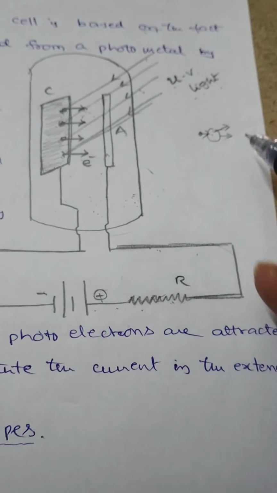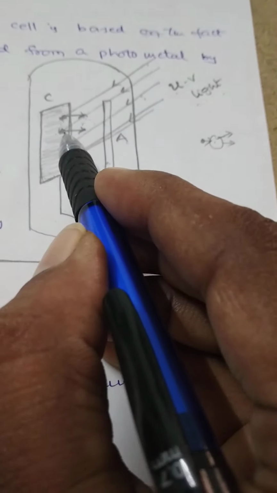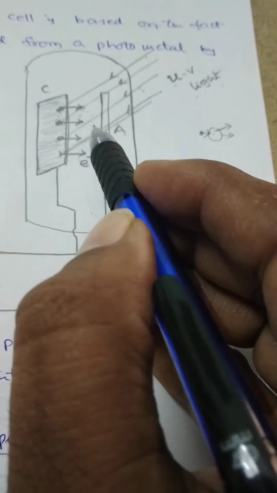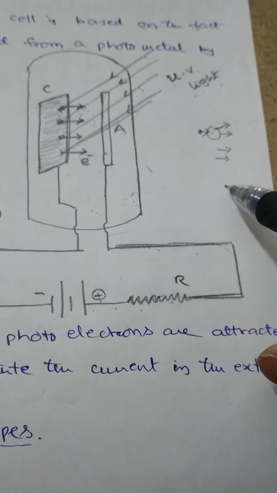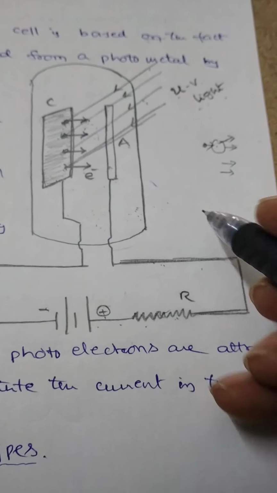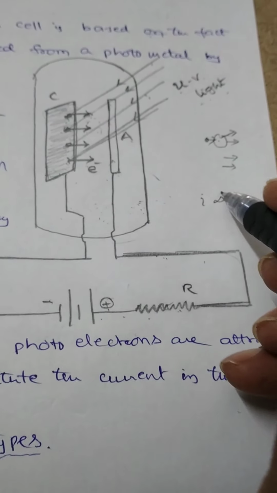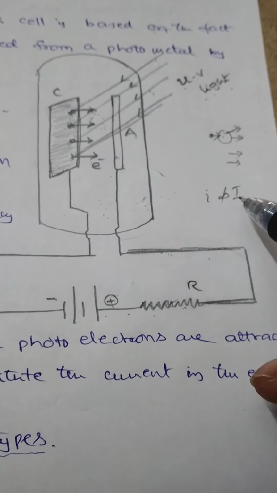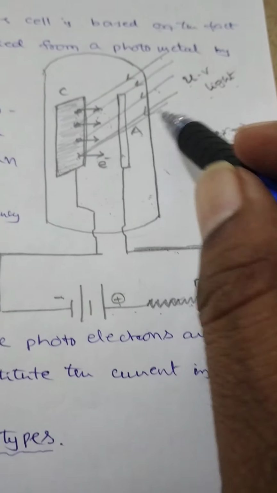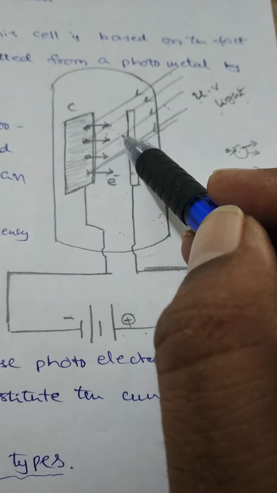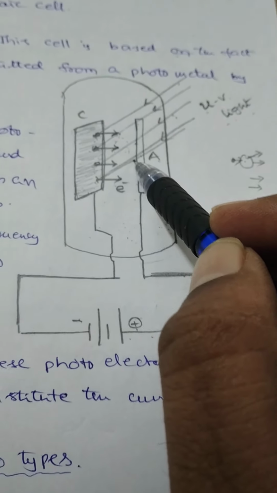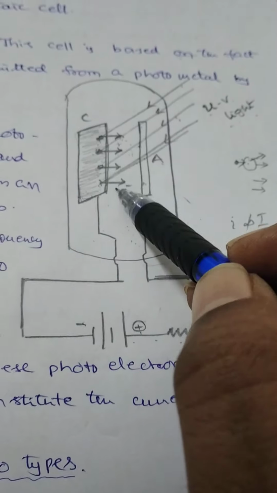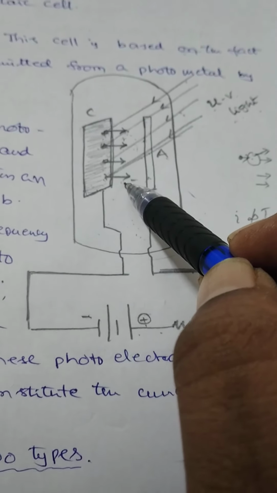The number of electrons will increase. If the second electron also collides with a surrounding atom, it may also emit some more electrons. Number of electrons is equal to 2. That means the photoelectric current in the external circuit is not directly proportional to the intensity of the incident light. Okay? Because there are collisions among electrons and also molecules of the gaseous medium. Due to this collision, some more electrons are also produced.